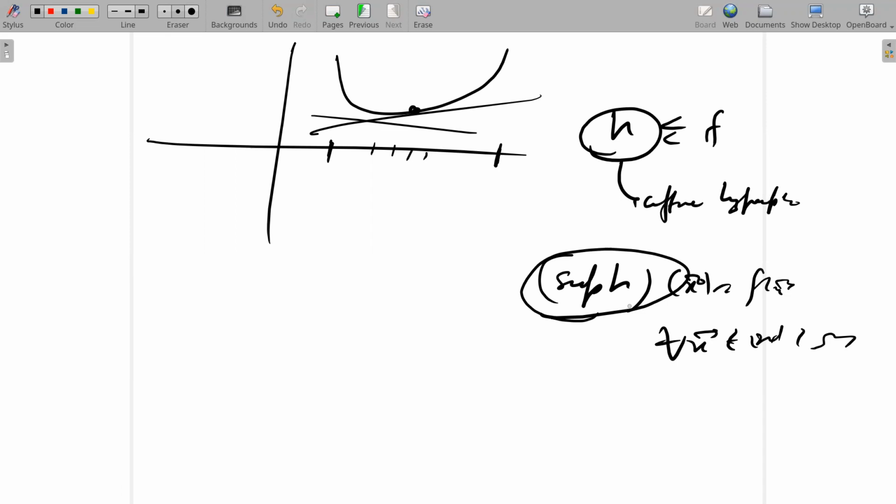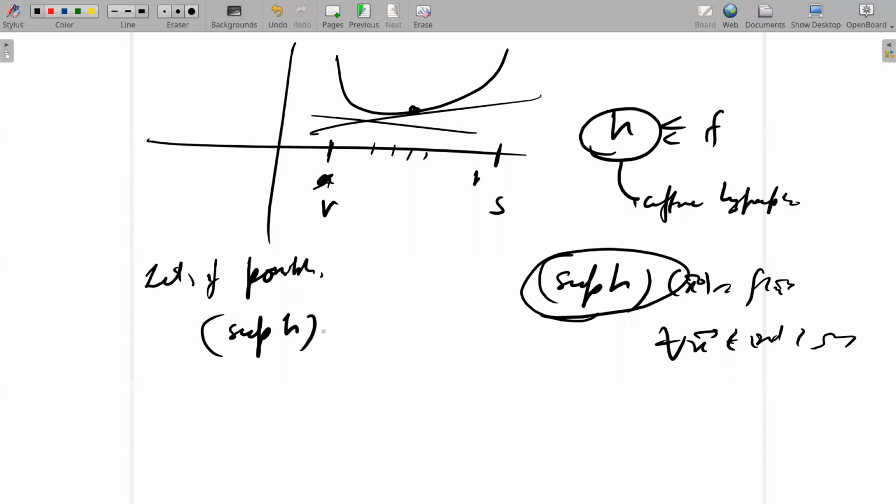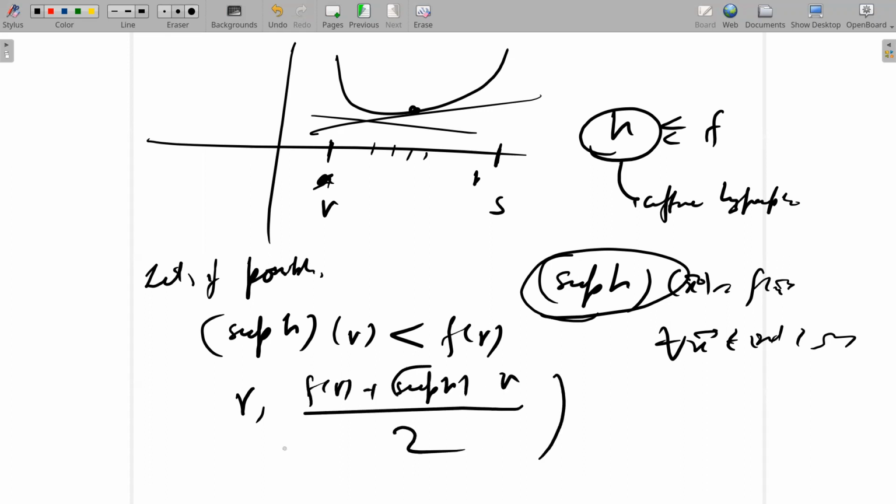Assume that that is not the case. So assume these are intervals, let's say R's. So let, if possible, supremum of H at R be strictly less than F of R. So anyway, it has to be less than or equal to F of R, but assume that it is strictly less than, it is not equal to. If it is equal to, we are done. So assume this is the case, then the point R,